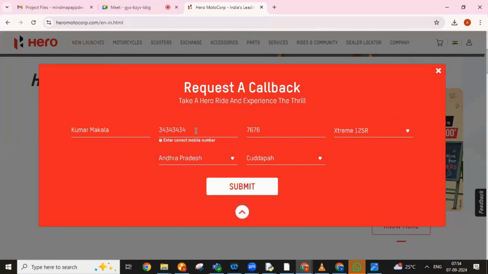Let's say this is my mobile number, this is my information. I submitted. They'll create this record in the background. Understood? Meaning we will insert this data into the database. And the dealer has their own internal application, internal website, where, as soon as they